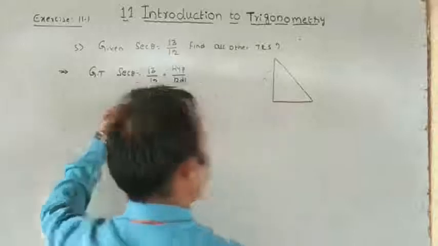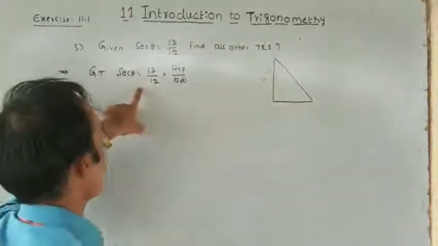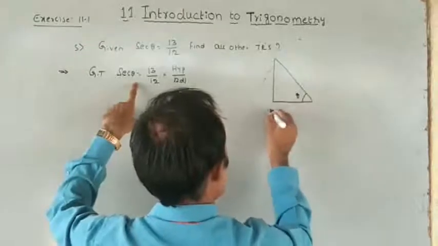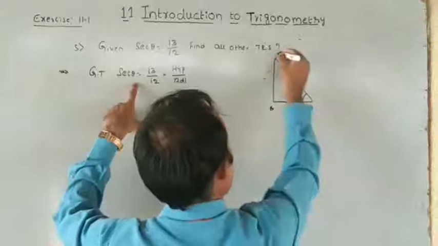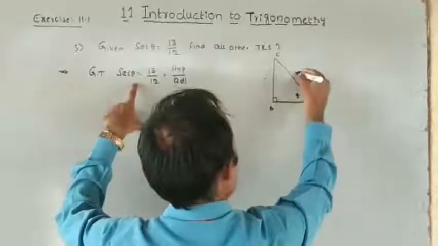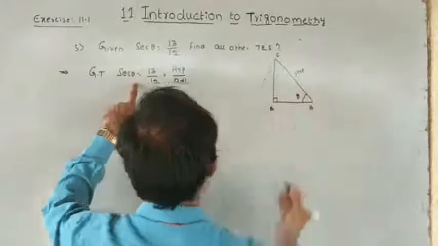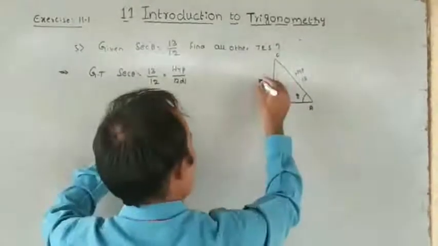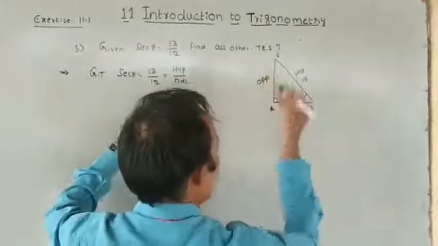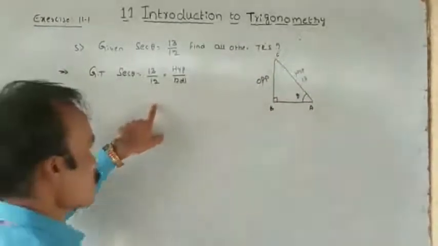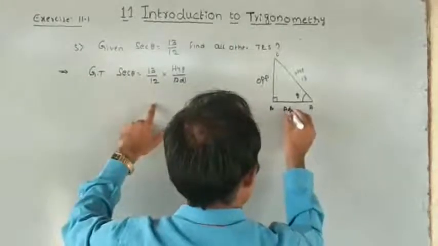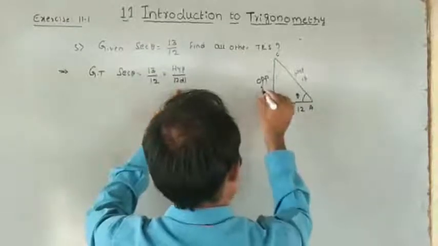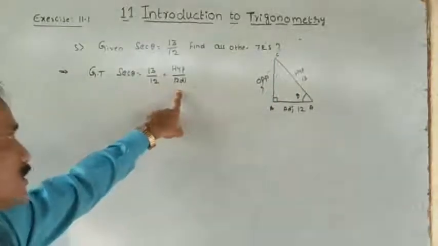Without a right angle triangle and Pythagoras theorem, we cannot find the ratios. So this one, taking as theta, this is B, this is A, this is C here. Right angle is here. So this is the hypotenuse, whose value we know. They gave adjacent. So this is opposite. As you know, the side which is opposite to the acute angle is called opposite. The remaining is adjacent. Adjacent they gave as 12. First we should find the value of the opposite side, that is BC.